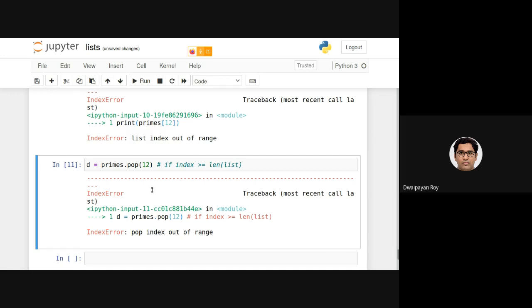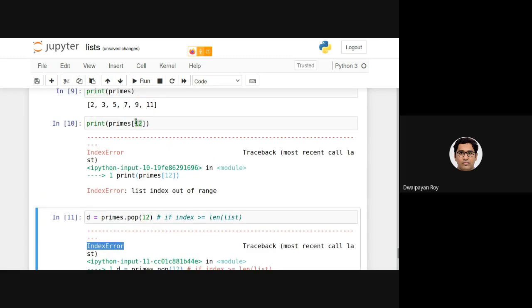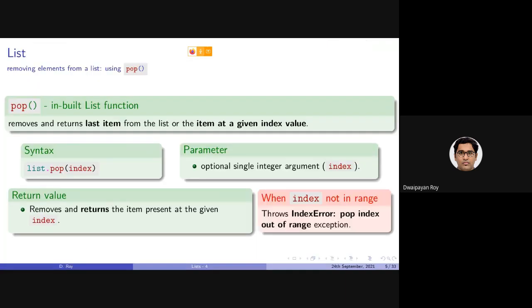Why? Because there is no 12th location in this primes list. So it will return an index error. In a similar way, if I want to access an index location which is non-existing, it will similarly return the index error.